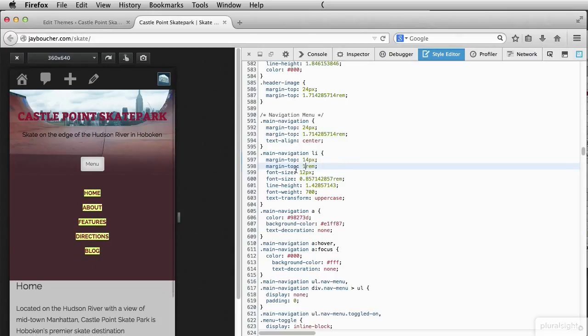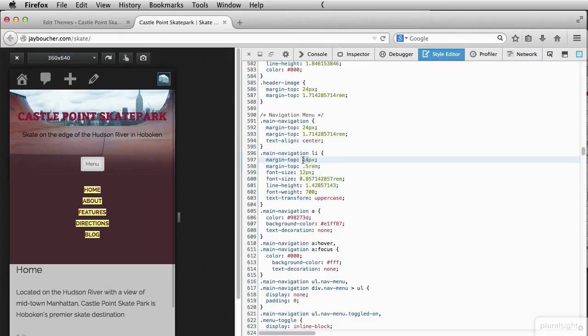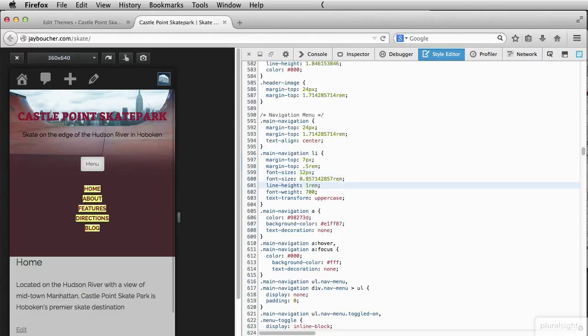Not quite. Let's go with 0.5. Yeah, I like that. So that's 7 pixels, 0.5. Our font size is 12. That's pretty good. Our line height, we're going to go 1 rem. That looks good. And so what we want to do is we fill it out. It looks kind of like a Christmas tree. We want this all to be the same width. So if I go into my